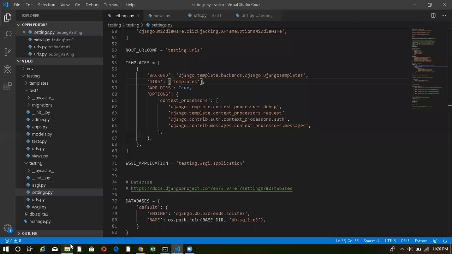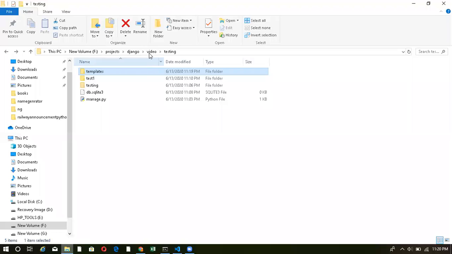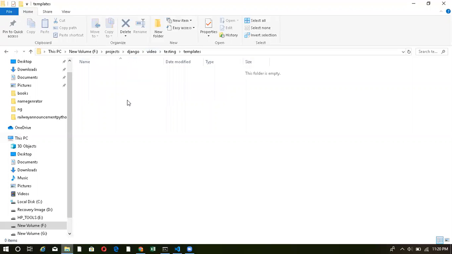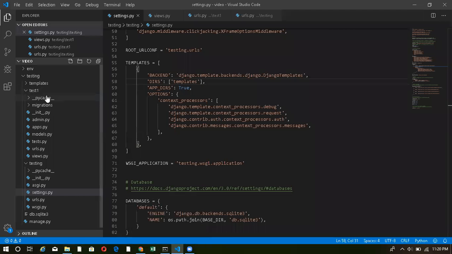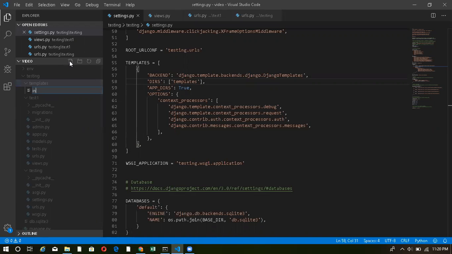So now, I have informed settings.py, I have given the path to the templates folder. Now I have to create an HTML file. So inside my templates folder, I'll be making a file as index.html.